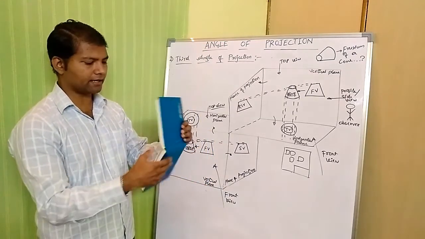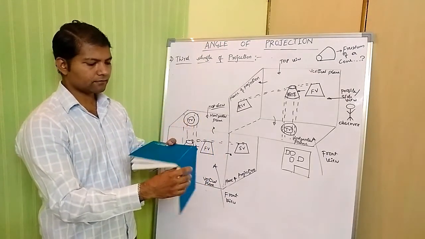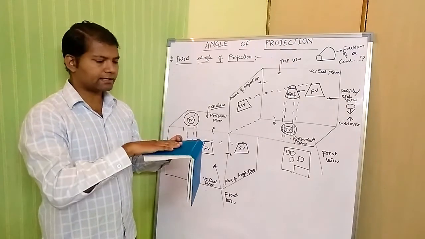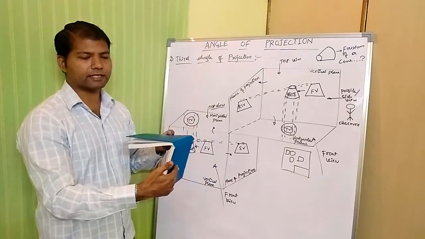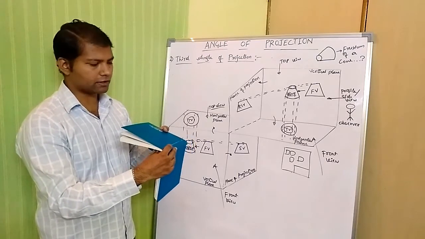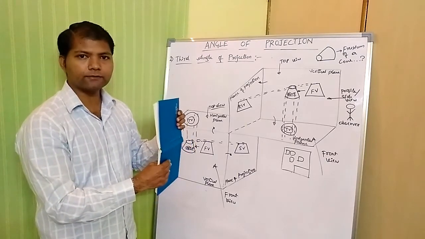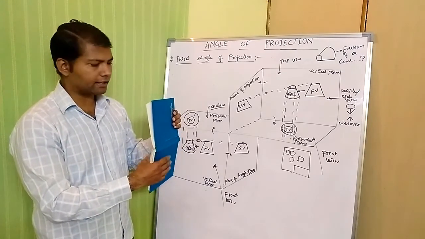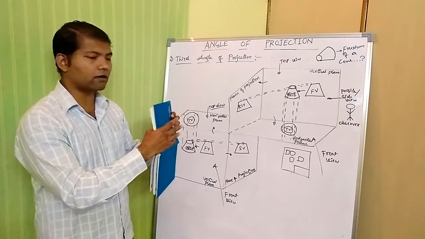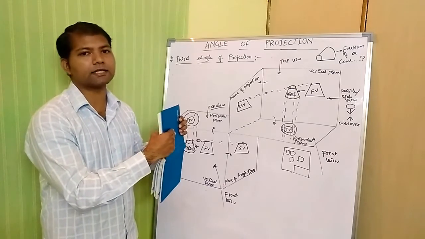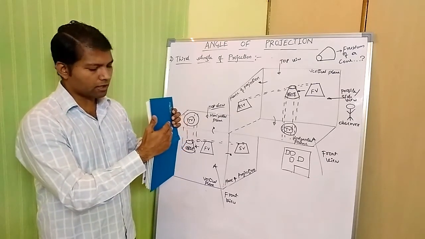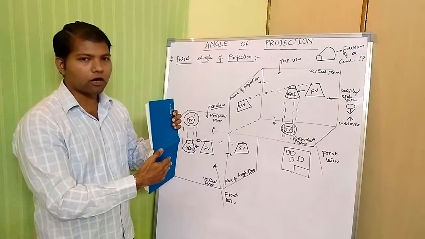Similarly, if you come here, the next one, this is a horizontal plane, this is a plane of projection. If you unfold, what happens is the horizontal plane comes upwards. So the side view is at the bottom only. On the horizontal plane there is a top view that comes at the top. So the top view comes on top of the side view.